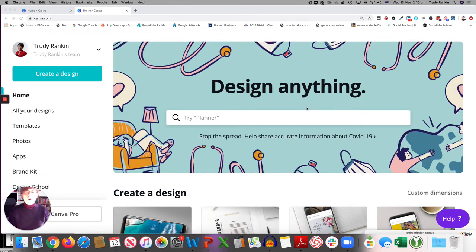I use quite a lot called Canva, and I'm going to show you how to use this tool to create a background image for you to be able to use on Zoom when you're on online calls, so that you can hide that messy study behind you, or you can have a more professional image just sitting behind you, or you can actually use it to share your logo and business information with people.